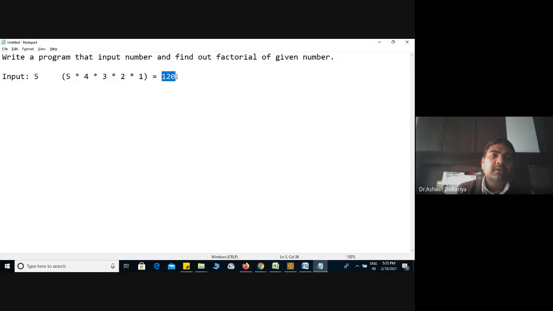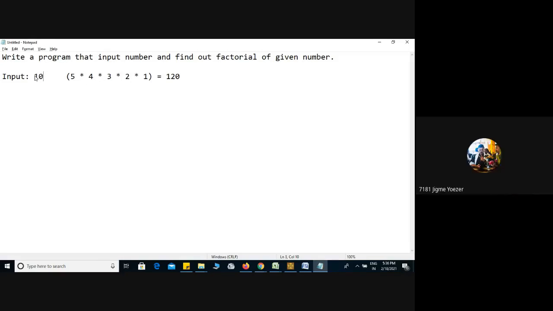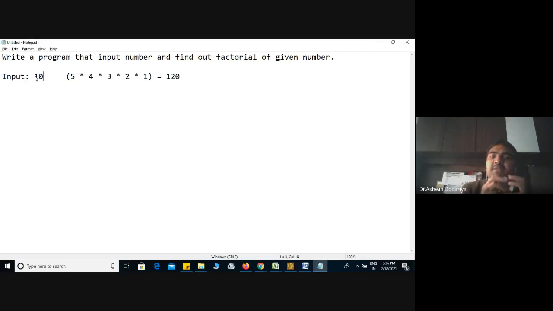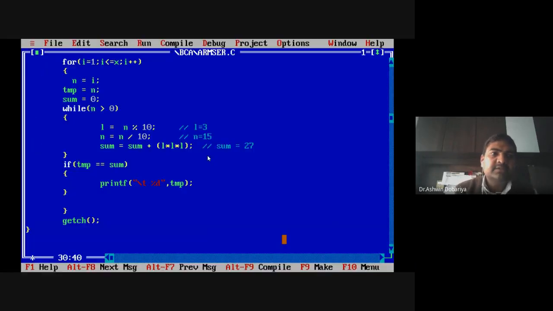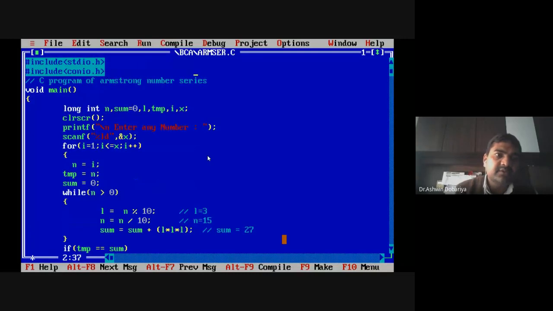Right? So if I ask what is the factorial value of 10, what is the logic? What do I have to do? The multiplication starting from 10, 9, 8, right? Okay. So one thing is that we have to start the multiplication from that number and reach up to 1. So let's see the final program, then I'll finish the logic over here.